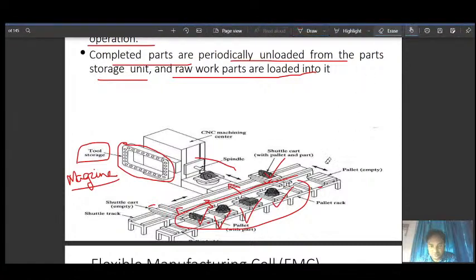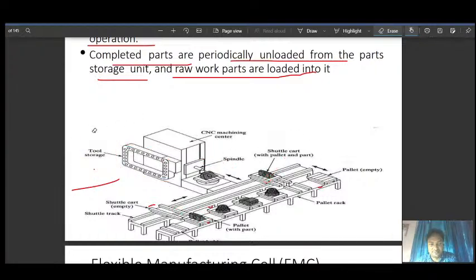So you don't need to worry every time about which part is being produced, because everything is automated. You have already set all the programs for all these parts in the machine, and the machine will identify the part here, and then it will process it.